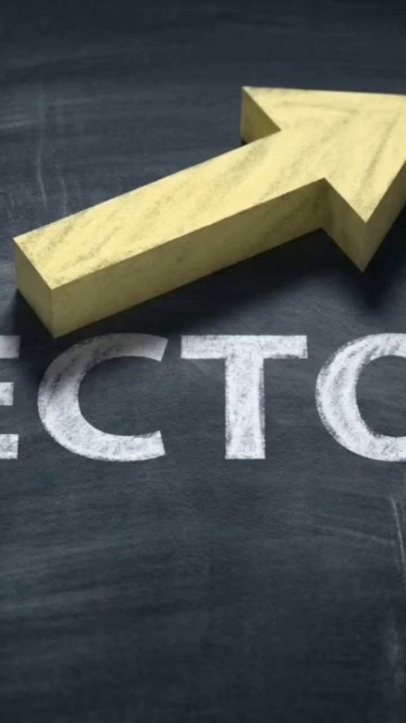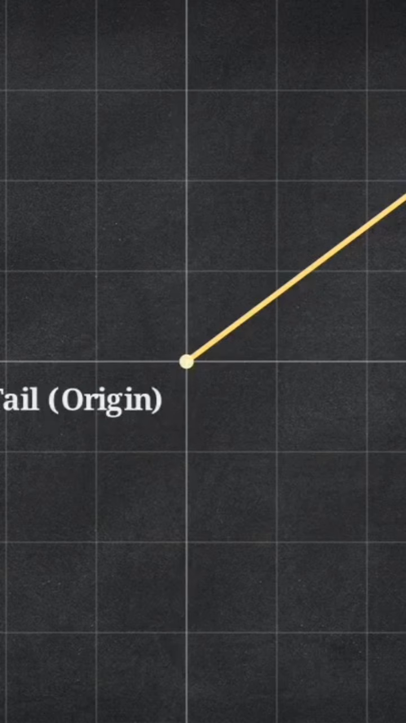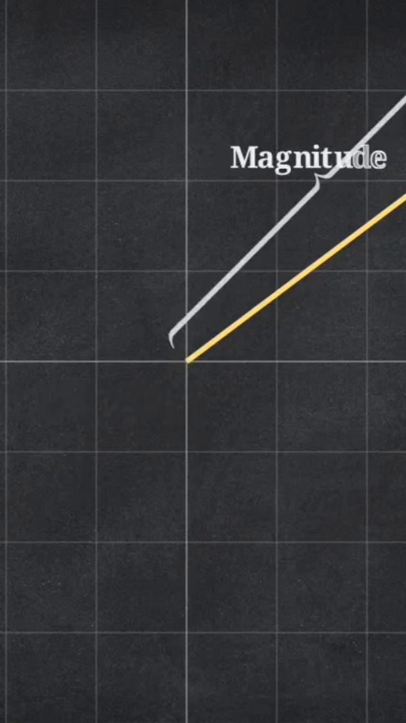We solve this spatial problem using vectors. A vector is a physical quantity that explicitly possesses both a magnitude and a direction. Look at this basic vector diagram. It's represented by a single line with an arrowhead. The starting point is called the tail, or origin. The tip is the terminal point, and the actual physical length of that line represents the sheer magnitude of the